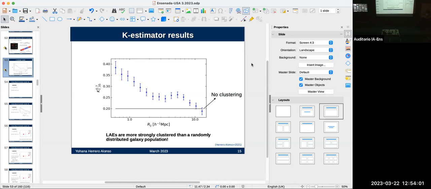Thanks for the question. You're right, we cannot keep extending the cylinders of the K-estimator up to infinity. We are limited by the size of the sample. By measuring the size of the sample, we can go out to 20 comoving megaparsecs or so, so I was careful to cut it at half, so that we are not limited by the edge of the survey. At small scales, we are limited by the resolution of the instrument. We cannot detect two close pairs because of that resolution, so in principle I cannot go smaller than a given distance.